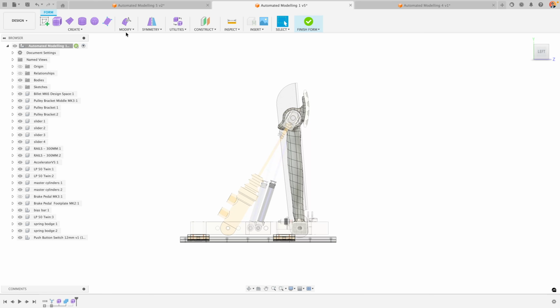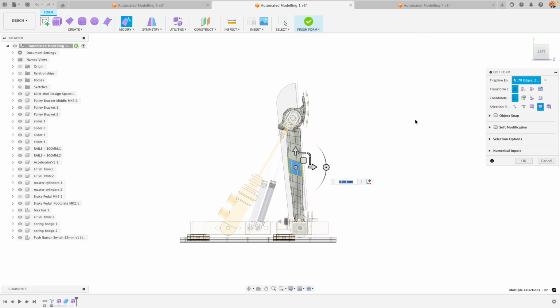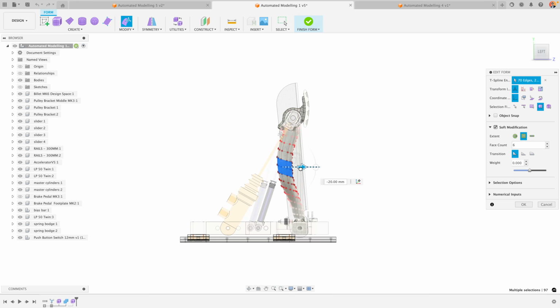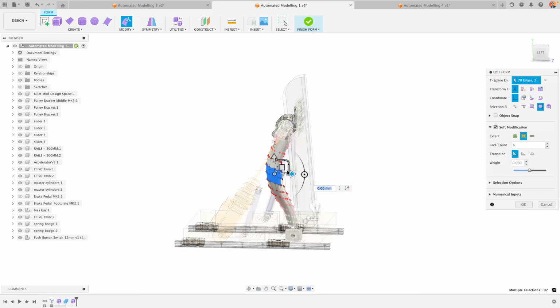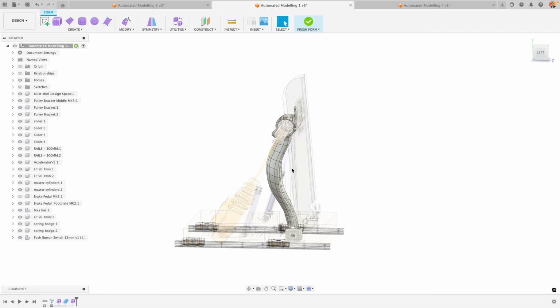curve in this pedal. So I could, for example, go through and select some of the faces, modify them, go through and use some of the available tools to say that actually I want to edit this and soft modify it into a curved shape. Now that's going to give me the pedal shape that I want and make sure that it doesn't interfere with the foot that's using the pedal. But to get to that point has been a lot less work than if I'd have had to model that